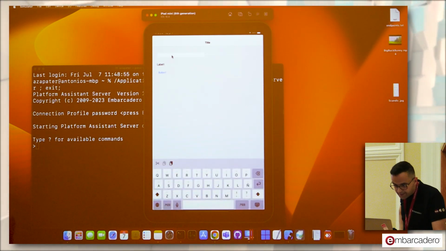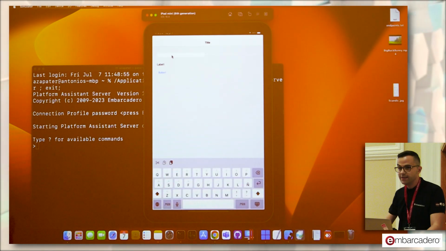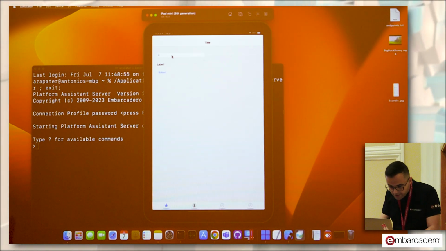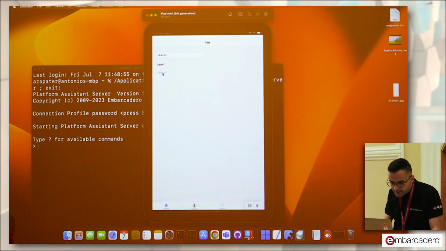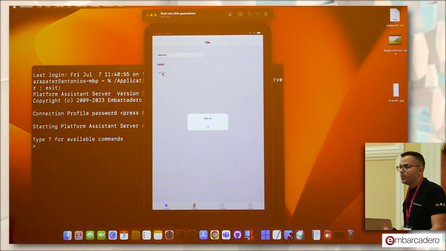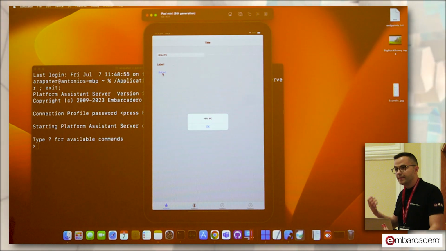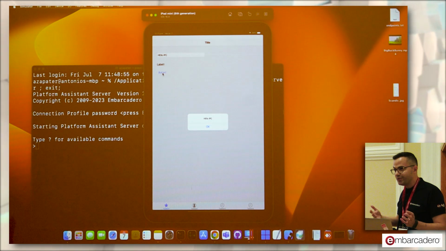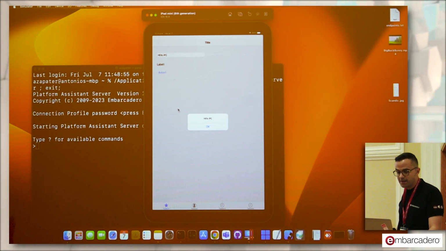And we have here the very ugly UI design in 5 seconds. So I can type here, hello, IPC, click the button, and I get the same message as well. But this is, as you can imagine, a completely different technology underneath. But my code is valid, exactly the same.